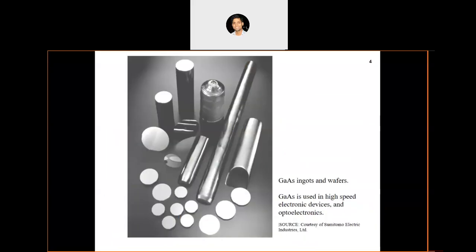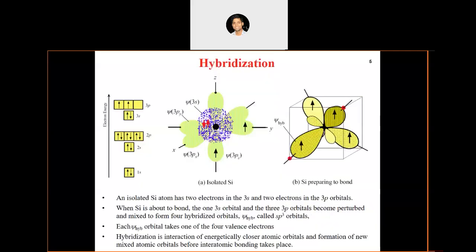Okay, so this was just to raise your interest. Semiconductor is actually one of the very important parts of the electronic industry which we see in today's world. Okay, now let us start with some technical discussion. And the first thing we will start with is